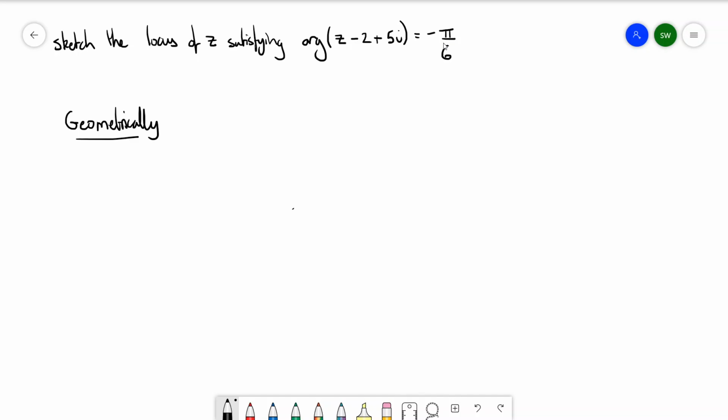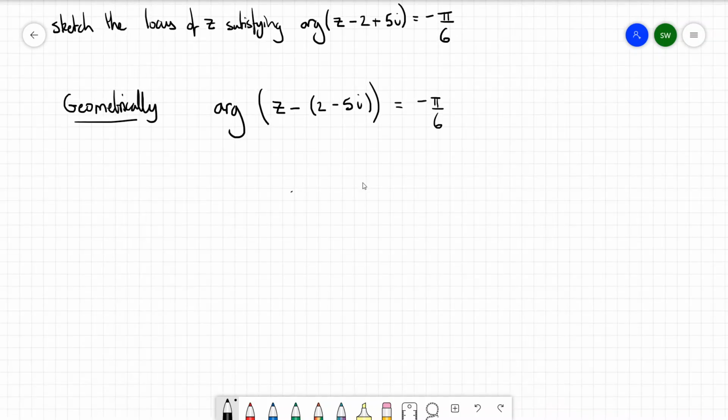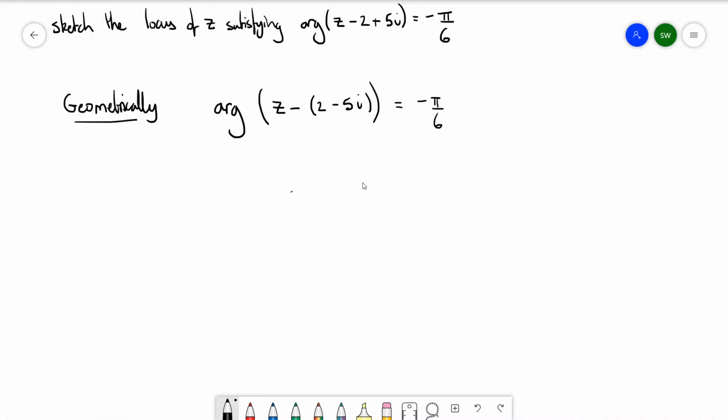In order to think about this geometrically, just like we do with every other locus, we need to rewrite this in the form z minus some complex number. So inside the brackets, I'm going to have to put plus 2 and minus 5i. And that's going to ensure that when I multiply out that bracket, I'm going to have minus 2 and plus 5i. So let's sketch this point 2 minus 5i,